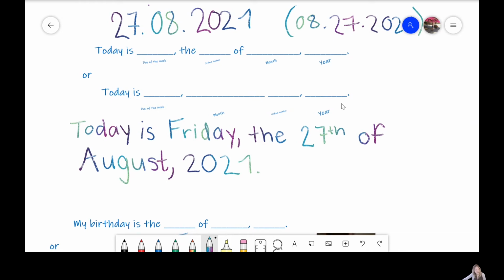It's the same amount of spaces, same amount of things to fill in, but with a few less words, no the, and of, and these parts are in different orders. So, for this sentence, you say, today is the day of the week, the month,